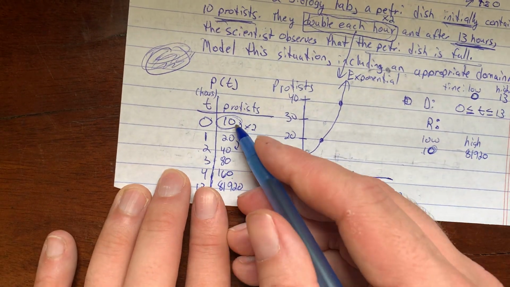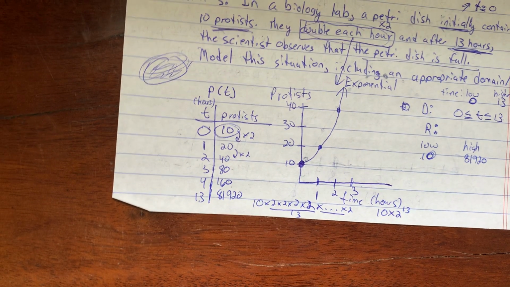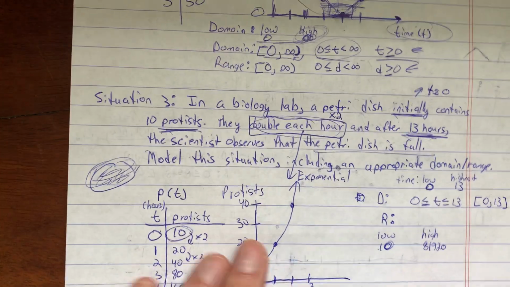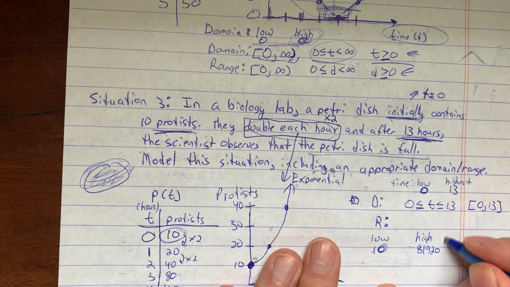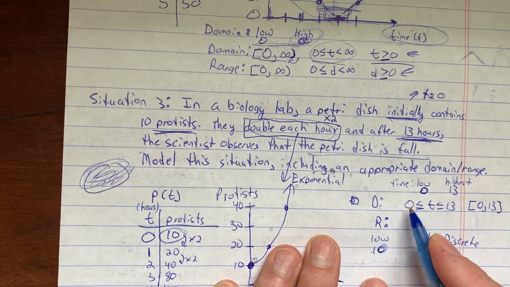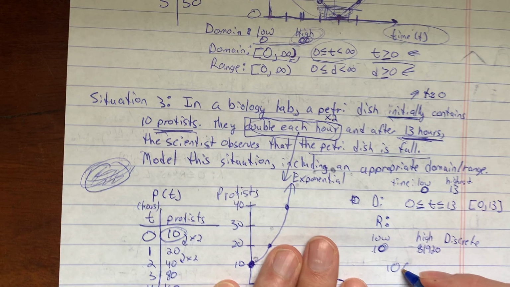Are there ever going to be, we always want to think of decimal numbers, are there ever going to be 13.5 protists? And the answer is no. You either have a protist or you don't. It's a discrete amount, which means only individual numbers of them make sense. And so this is discrete. And so we cannot say all the numbers between 10 and